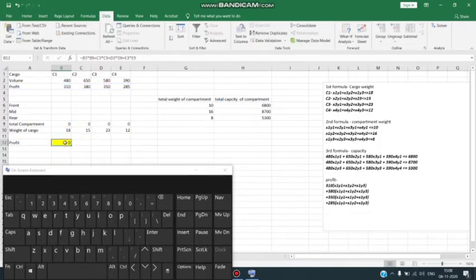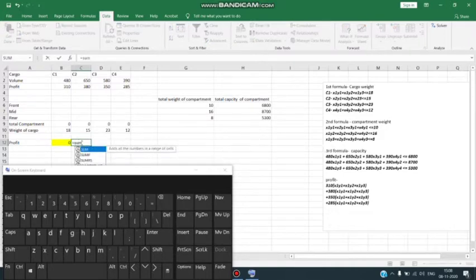Now there's another method of writing this formula. If this formula looks a bit lengthy to you, you can write it in this way as well. You have to apply the SUMPRODUCT function and give the array values. Here I have multiplied the profit value with my total compartment value. So the profit value becomes my one array, comma, the total compartment value becomes my second array.